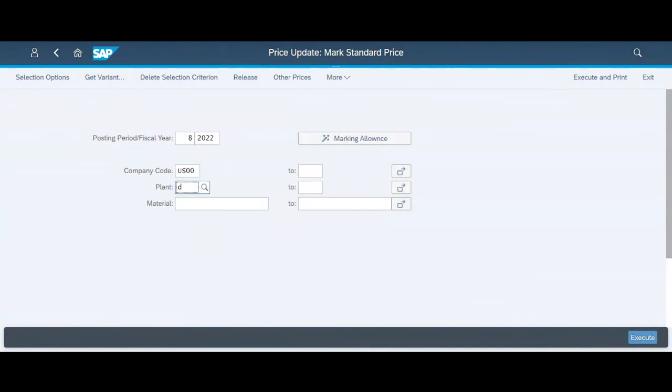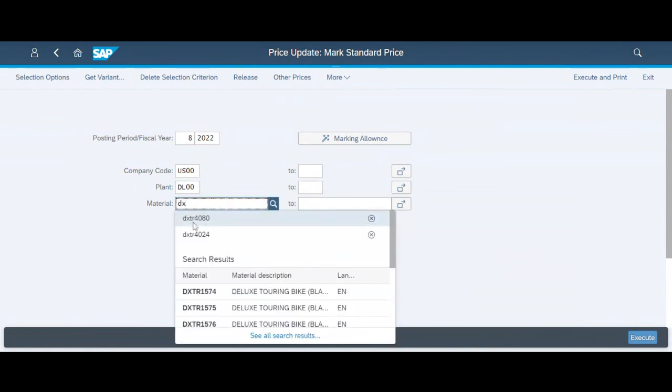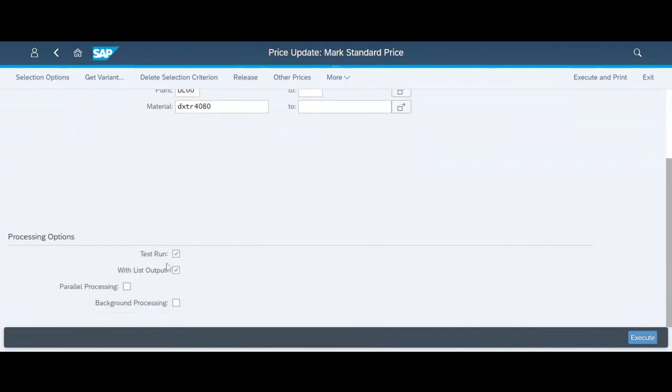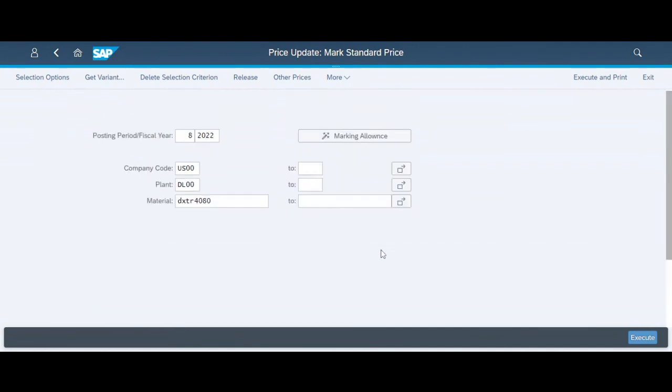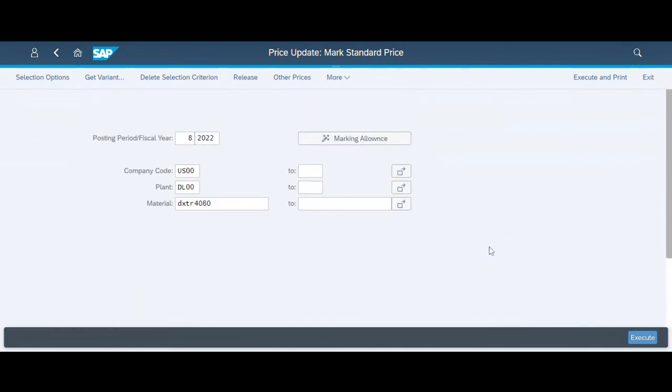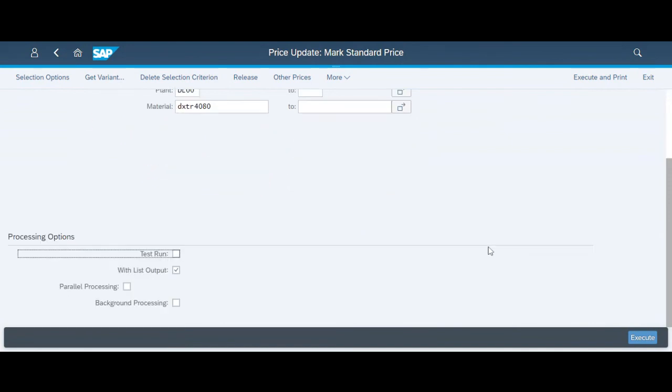00, plant is Dallas, material is our material, which is 80. Then in the bottom here, you'll remove the test run. Okay, after this. Okay, so this data, and then you will press